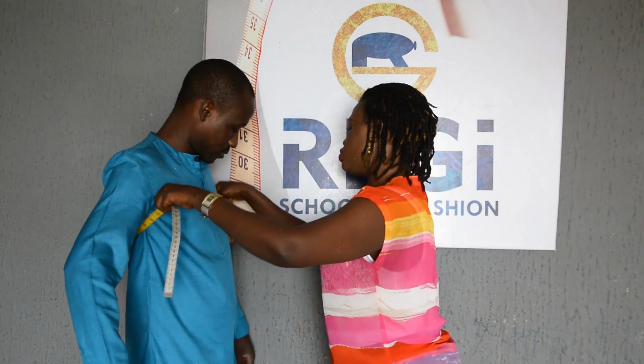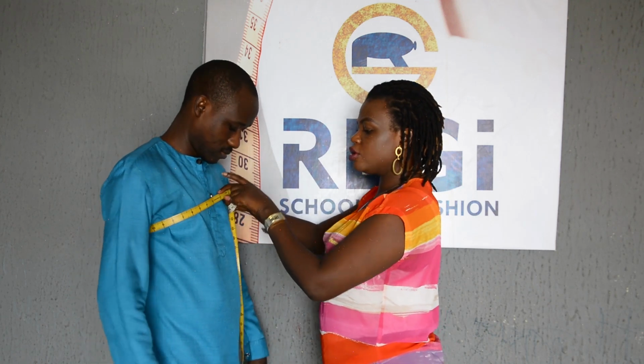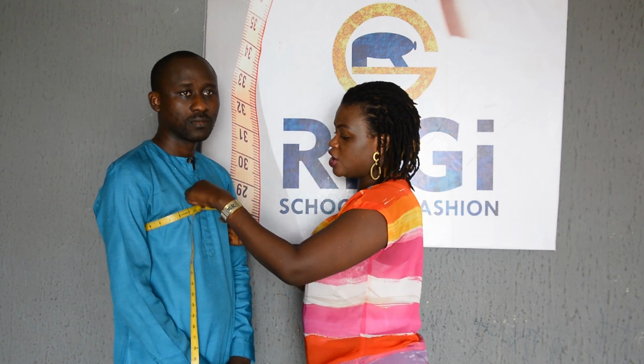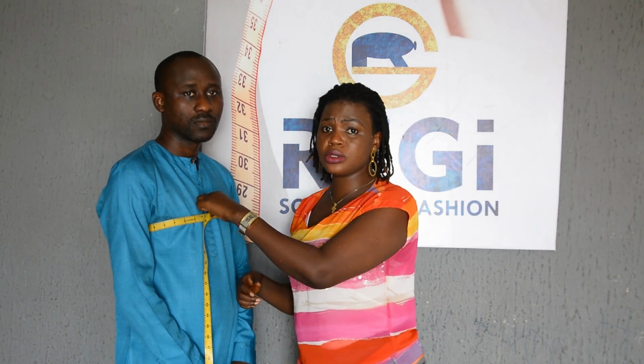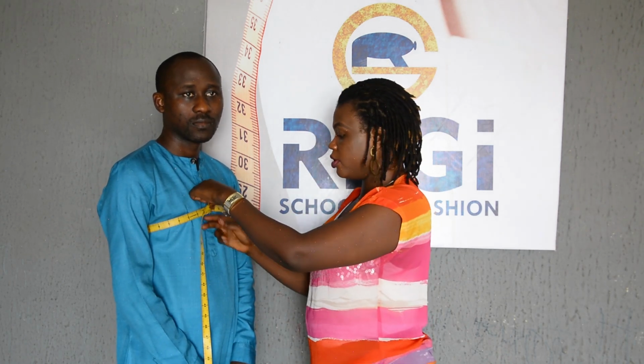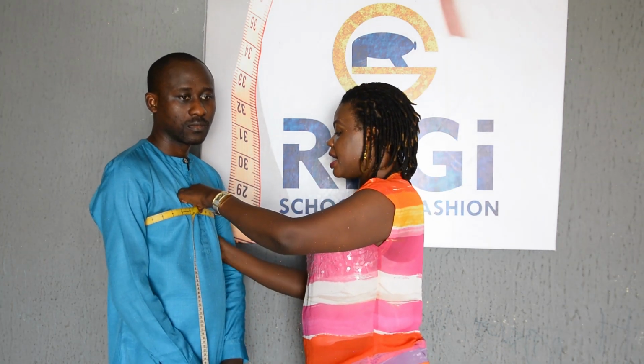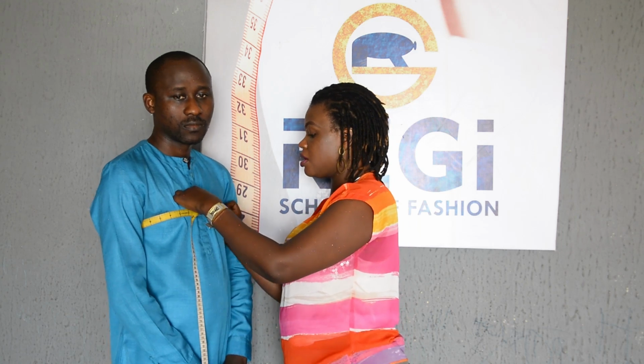It passes through the armpit and to the fullest parts of the chest. Here, when you are taking the chest measurement, it has to be taken loosely. For a male figure, it has to be loose. I will be showing you a secret which will be a guide for you in taking the chest circumference